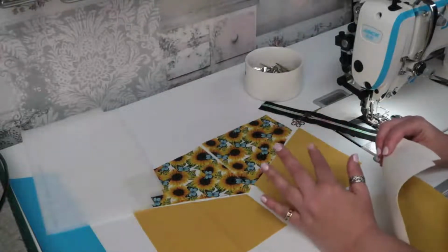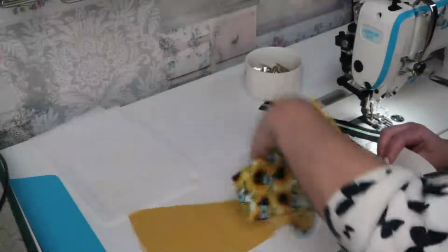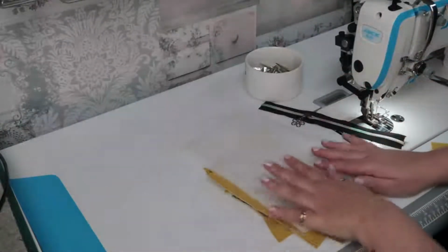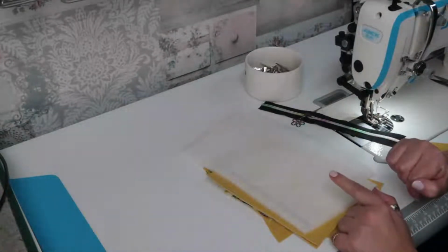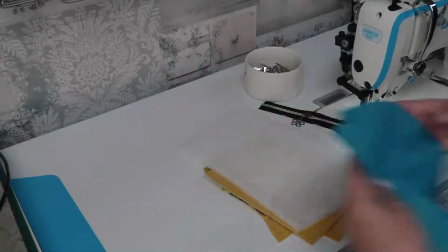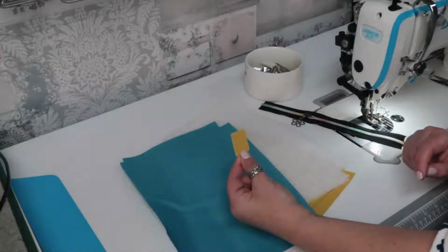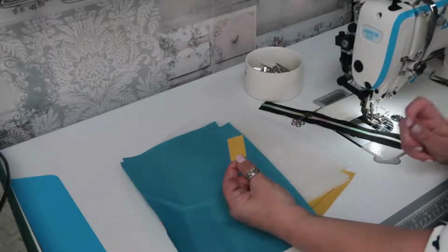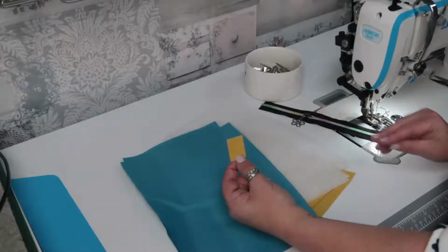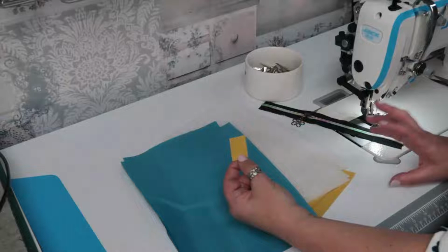So it's so versatile, you can do it either way. So those are the pieces that we're going to put together to make our front and our back panels. We've then got 2 fleece pieces, and we have 2 lining pieces, and I have 1 zipper tab. The pattern says 2, so you can do 2, but I do my zipper slightly differently, but I'll show you how I do that. So those are all of the pieces that we're going to need to make the Harlequin